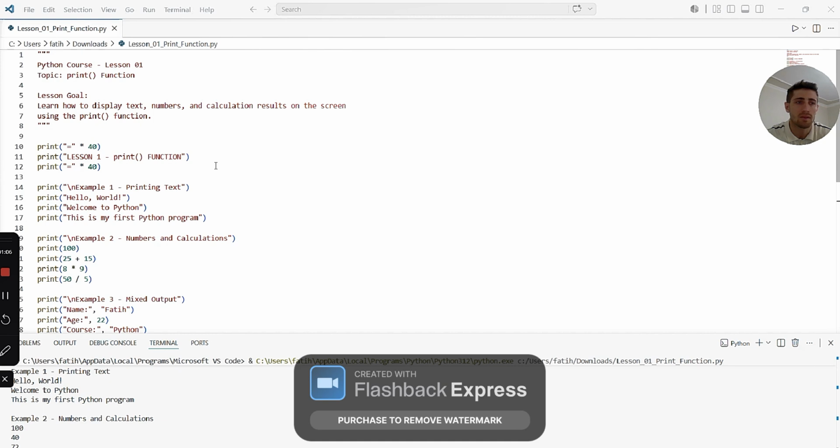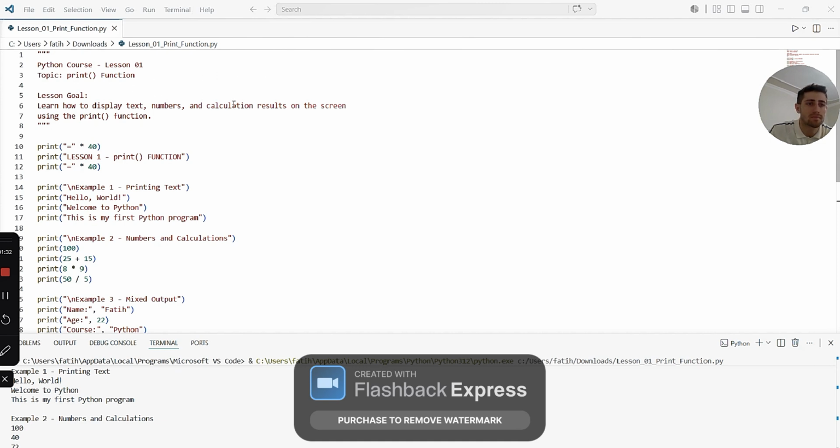We can print text, numbers, calculation results, variables, and messages. Almost every Python program uses the print function. It is one of the most important functions in Python. Now let's look at our code and code explanation.